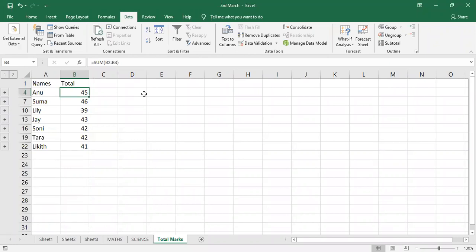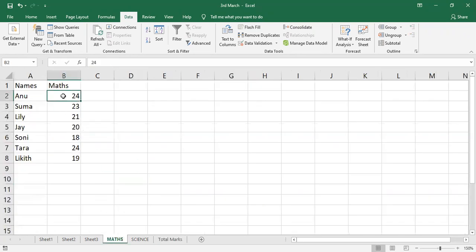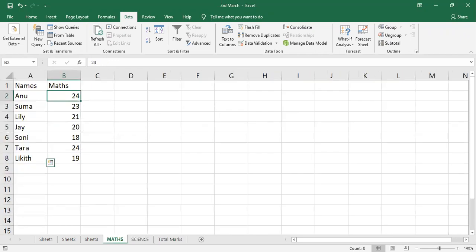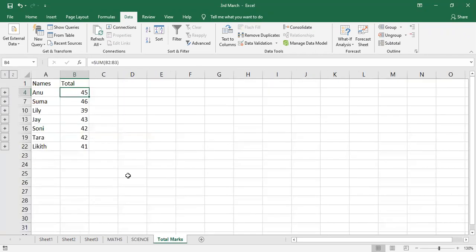Because it has performed the sum of maths and science marks of Anu. Now let's check what are the marks of Anu in the maths sheet. What is the mark of Anu in maths? It is 24. In science, she has scored 21. So 21 plus 24 is how much? 45.